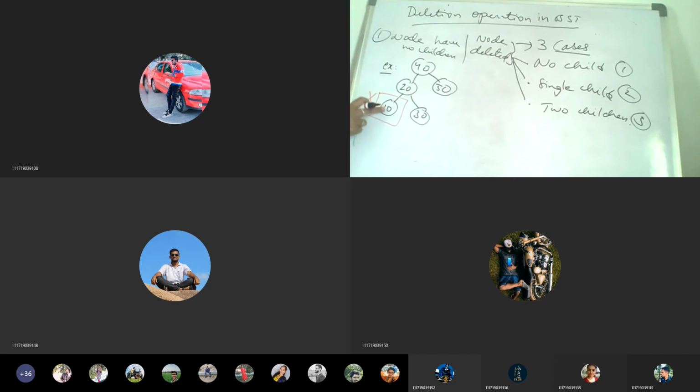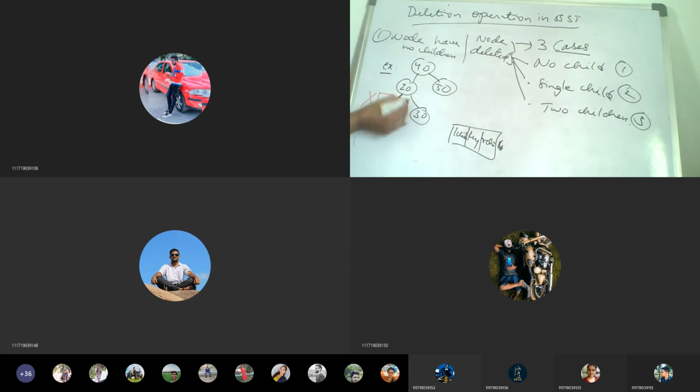So how can we delete? Consider the parent of the element you want to delete. What is the parent of 10? It is 20. Every node will be like this: the key, left child and the right child. Internally it will have the key, and for the left child one pointer will be there.